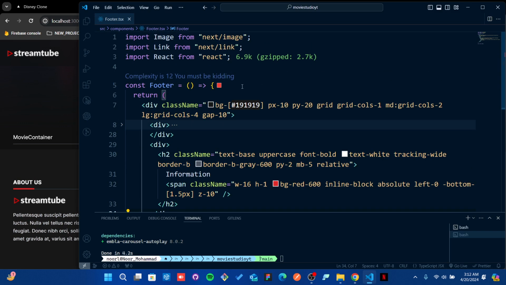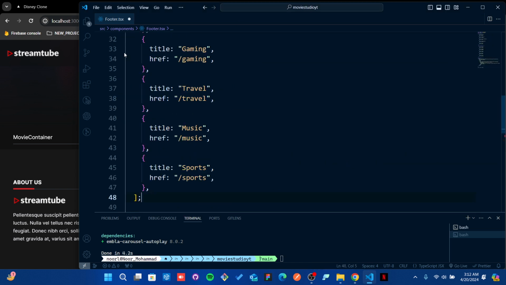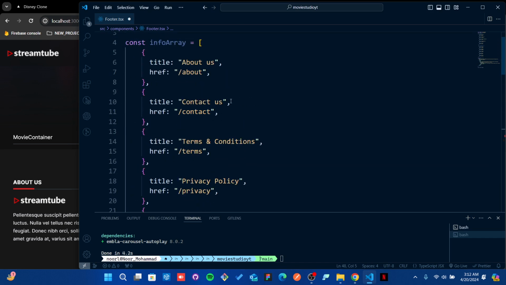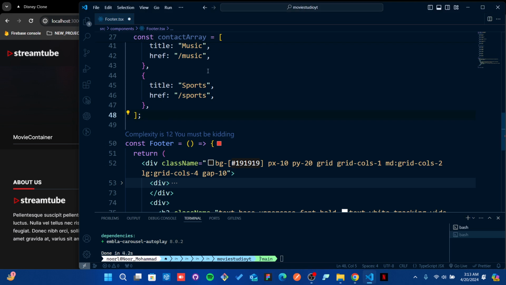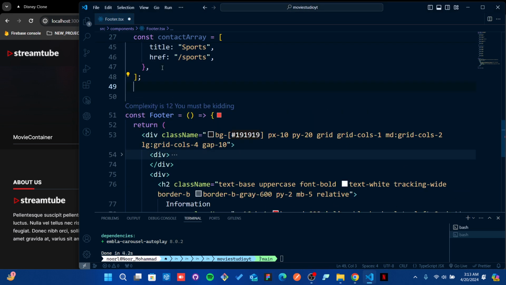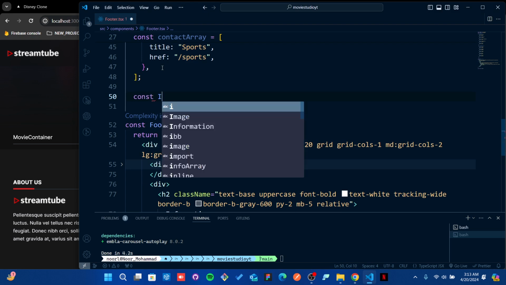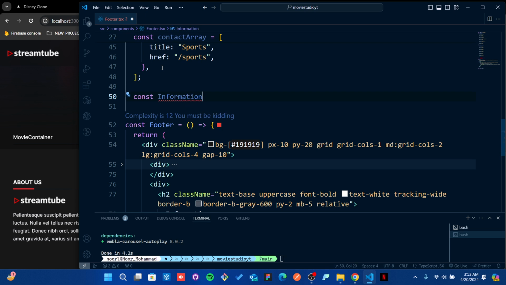So here in the top layer, what we're gonna do is get two arrays. One will be the info array, another going to be the contact array. Now you can create the array with other properties, because you see the about us, the title, and the href going to be /about, like the first one giving the title, the second one giving the link or the page reference where you're gonna pass that value. So now after passing that array, we're gonna create some more things, which is going to be a function. So it will be information,